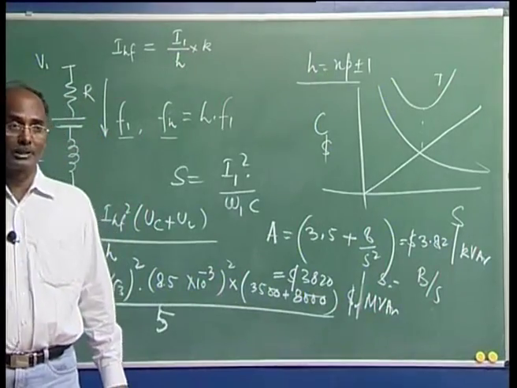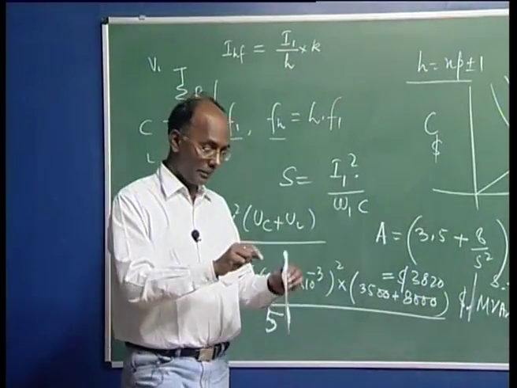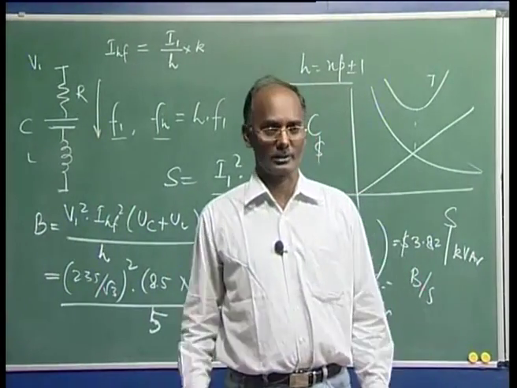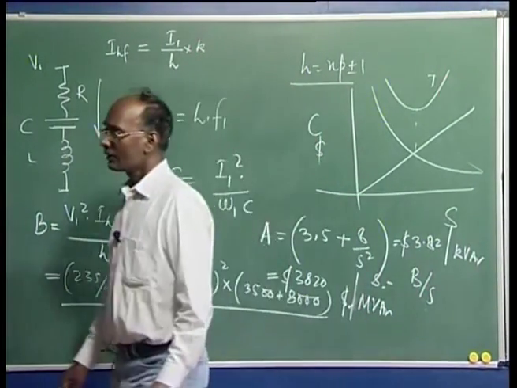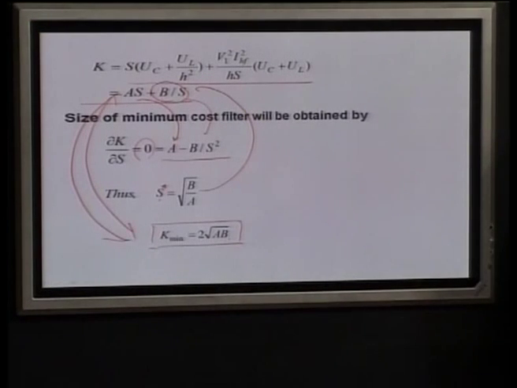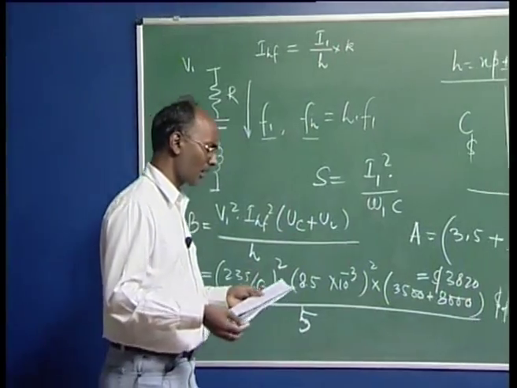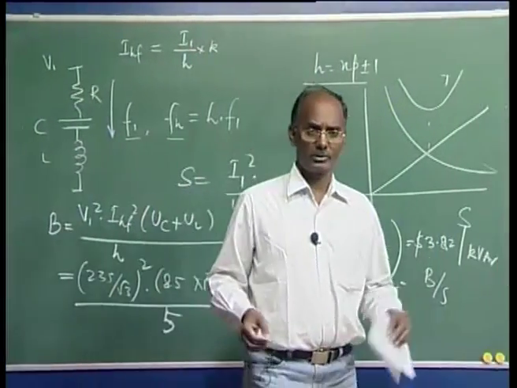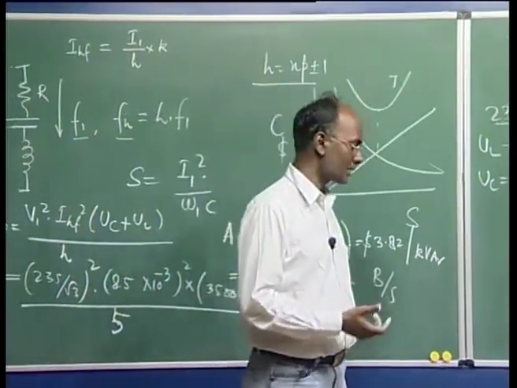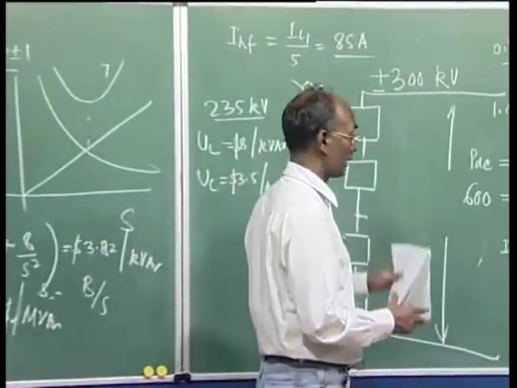This whole calculation is for one phase. So, if you are having 3 phases, you require 3 different tuned filters for the different phases. Then you can again put this value and get the total cost, and the cost is approximately coming to be 71,000 US dollars per phase. Similarly, you can calculate. So, this is one illustrative problem of how to calculate.